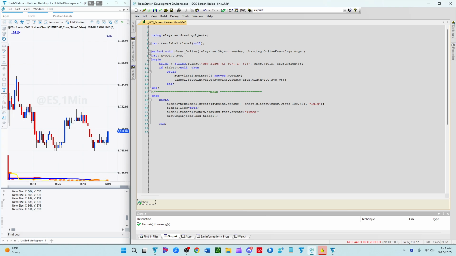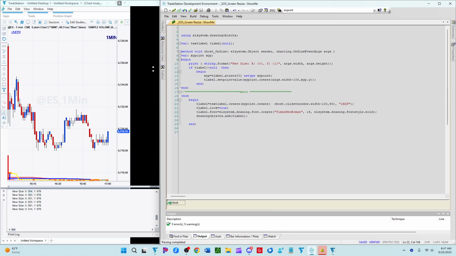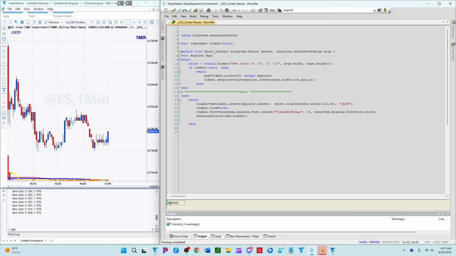Times New... Is it Times New Roman? All right, let's try that. Times New Roman, we're going to do 14, and then we're going to do font style, where we have to go System.Drawing.font style.bold, and close that. Okay, so Times New Roman was right. Or I think it was right. I don't think it's right because that doesn't look like Times New Roman. All right, but if we change this back to Arial,